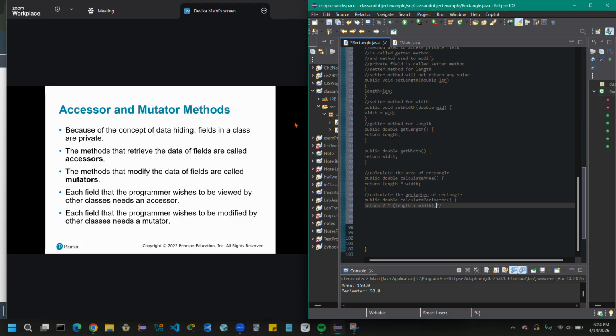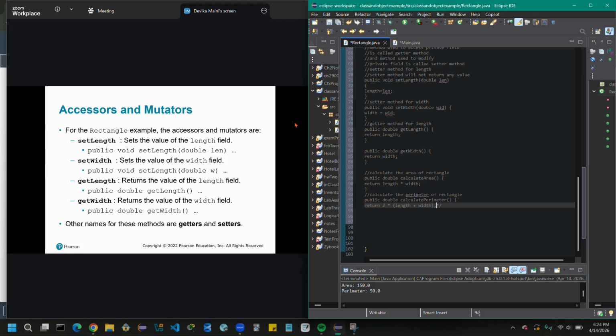You can call them accessors or mutators, or getters or setters. Each field that the programmer wishes to be viewed by other classes needs an accessor, and each field that the programmer wishes to be modified needs a mutator. So accessors and mutators: setLength, setWidth, getLength, getWidth. Other names of these methods are getters and setters.